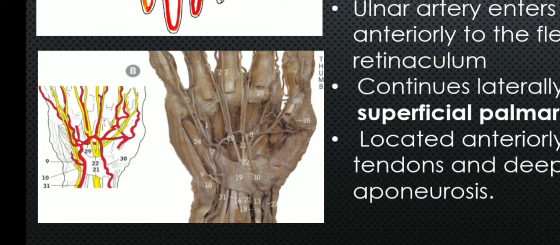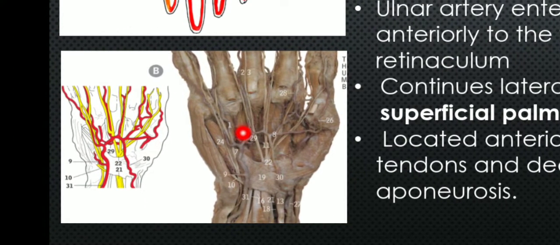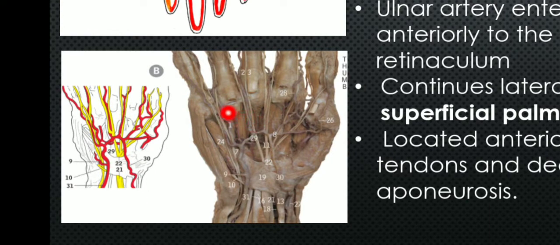The branches of the deep palmar arch are as follows: from its convexity, that is from its distal side, the arch gives off three palmar metacarpal arteries which run distally in the second, third and fourth spaces and supply the medial four metacarpals and terminate at the finger clefts by joining the common digital branches of the superficial palmar arch. Here you could see somewhere around here they join